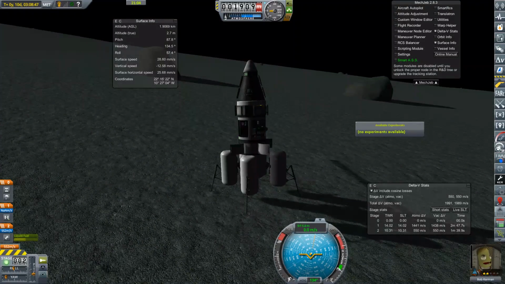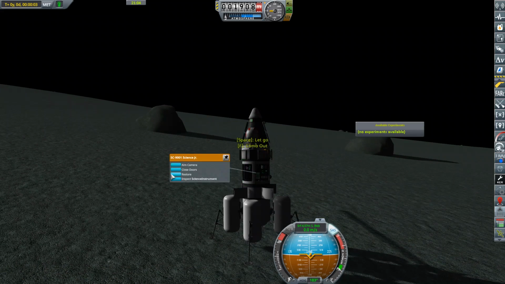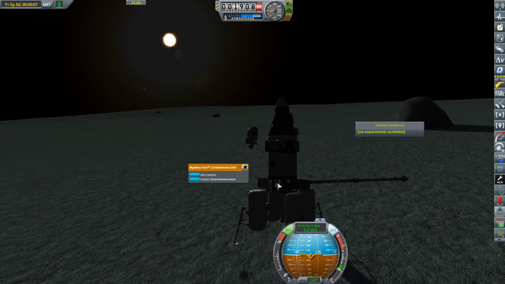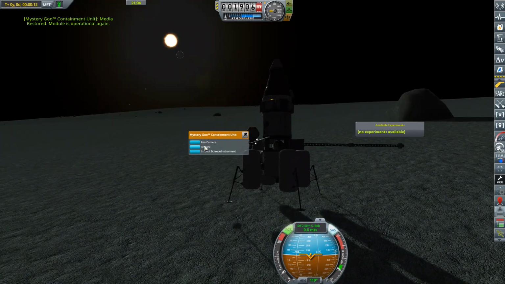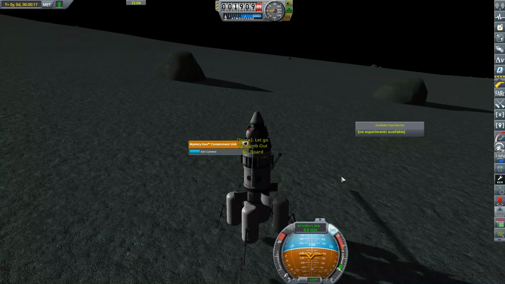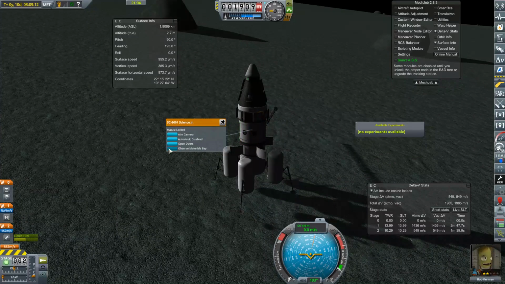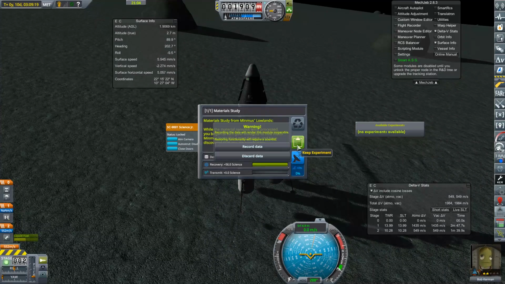Interesting. We don't have any experiments available. I thought we had. We definitely have some science here, but we'll go ahead and restore this one. Restore this one as well. Let's see what we got available for science now. Interesting. Okay, I'm not sure why our available science isn't flagging that, but we'll go ahead and record that data,